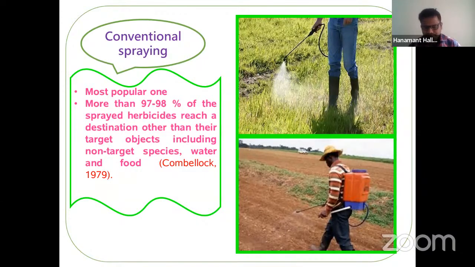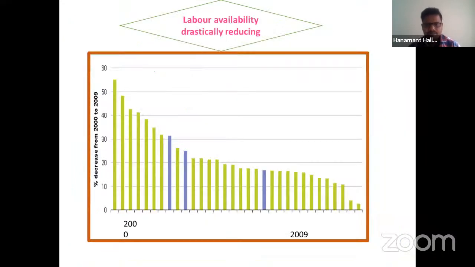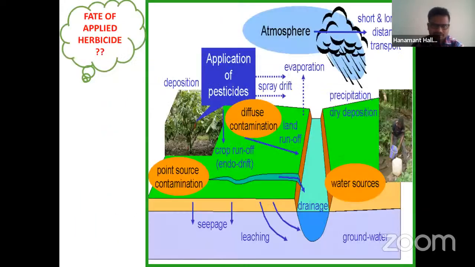So that's why we are trying to adopt different methods of weed control, that is different approaches of herbicide application. So one more thing is the decreasing availability of labor over the period of time. The labor availability is gradually decreasing. So this is the fate of the applied herbicides. So if you apply the herbicides,